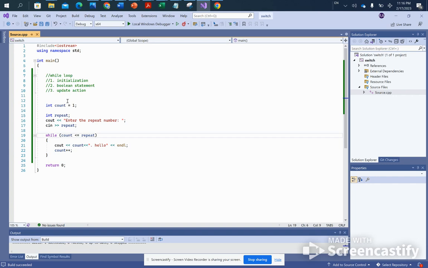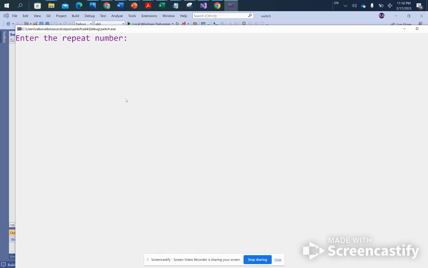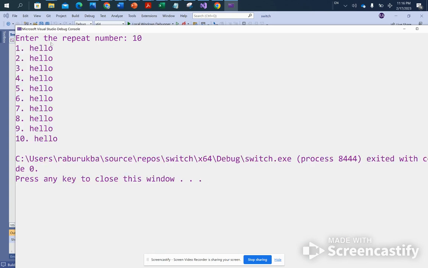Okay, so what you'll have to do is change the initialization, and you need to change the condition and the update action accordingly so that you can start again from the highest. So instead of saying here, take a look. Here I'm starting, let's say, from 1, 2, 3, 4, 5, 6, 7, 8, 9, 10. So what I would like to do is start from, in this case, the value that is entered from the user, which is 10. So say 10 hello, 9 hello, 8 hello, 7 hello, 6 hello, all the way until it reaches 1.